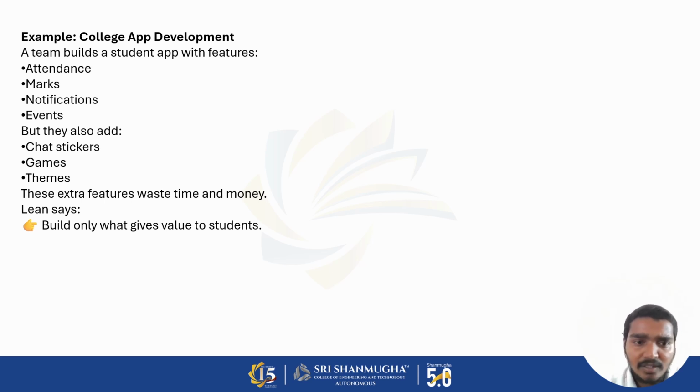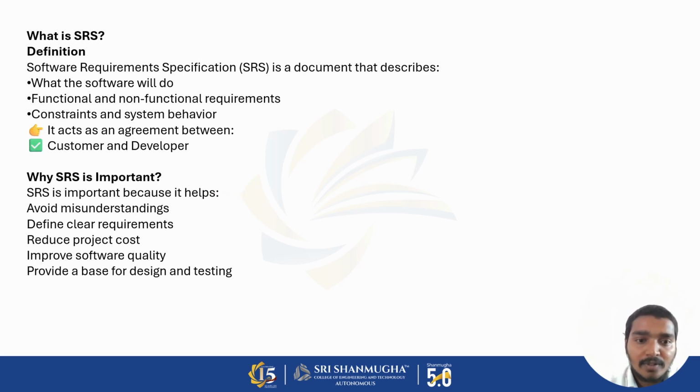Example, college app development. A team builds a student app. First they do attendance and marks, notifications, and events, but they also add chat, stickers, games, and themes, which are extra features costing time and money. So lean says to build only what gives value to students. It analyzes what the students want and builds only that. So next